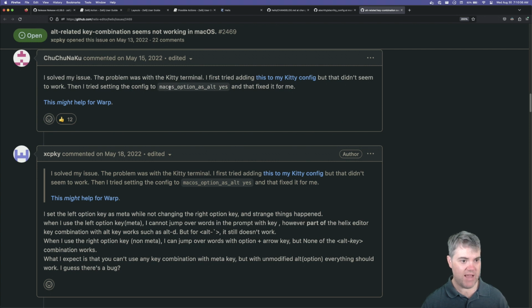Try setting the config to macOS option as alt, yes. Okay, so